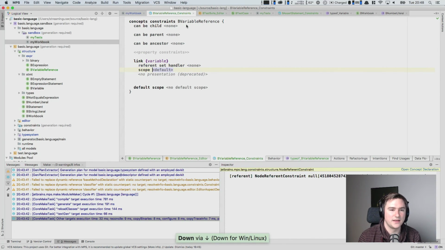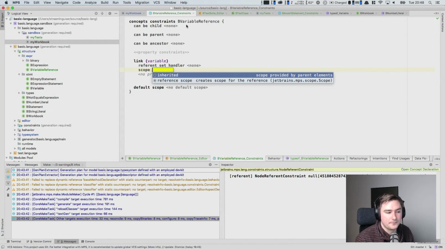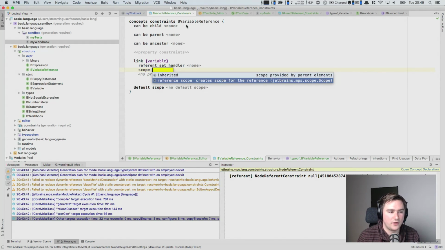One is a referent set handler, which is code that is executed when somebody is selecting the reference target from the code completion menu. We don't want to do anything with that, but what we want to do is we want to influence the scope. And we can do this at the scope block here. When we press Control Space, MPS shows two entries here. One is inherit. We will take a look at that maybe later. So let's choose the straightforward implementation for now. And the straightforward implementation here is reference scope. When we select this,